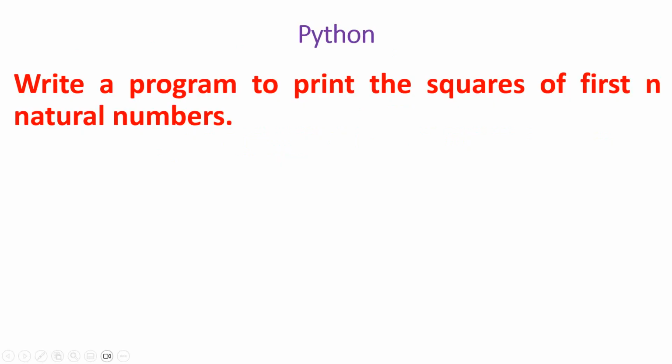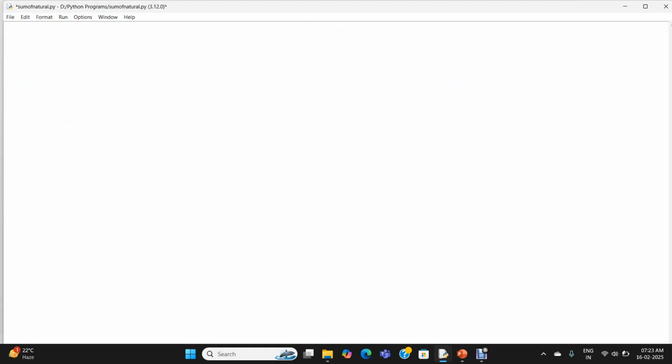Hello friends, we are going to write a Python program to print the squares of first n natural numbers. We'll see the demo. Now I'm going to obtain a range from the user: n equal to int of